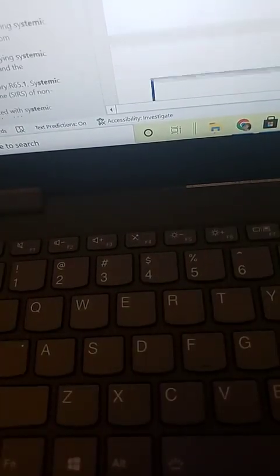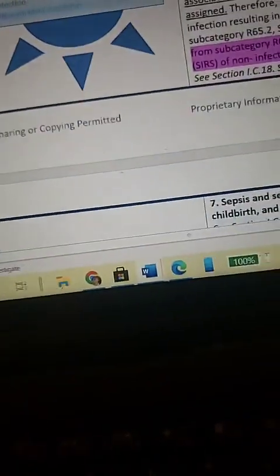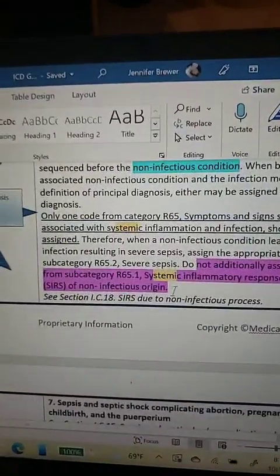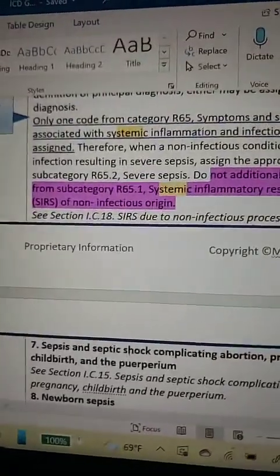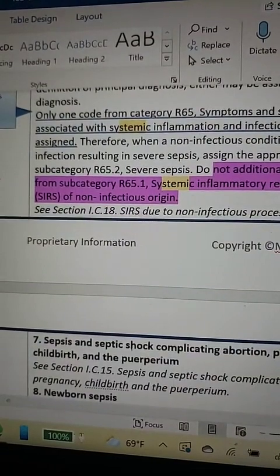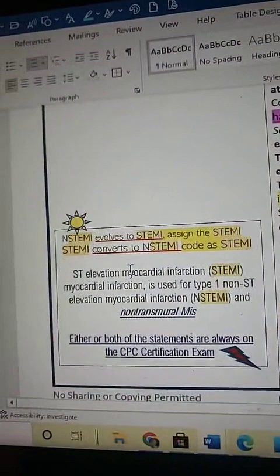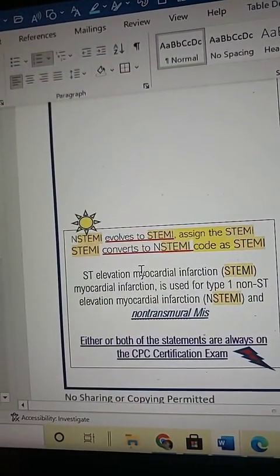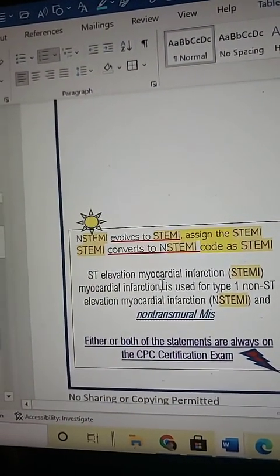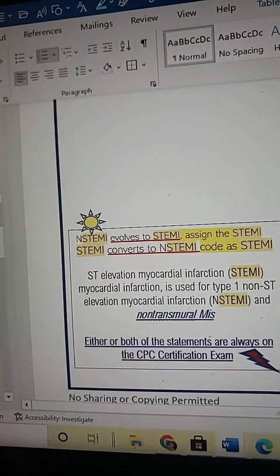And it's practically there. Not that one. Right here. I put in notes that these two